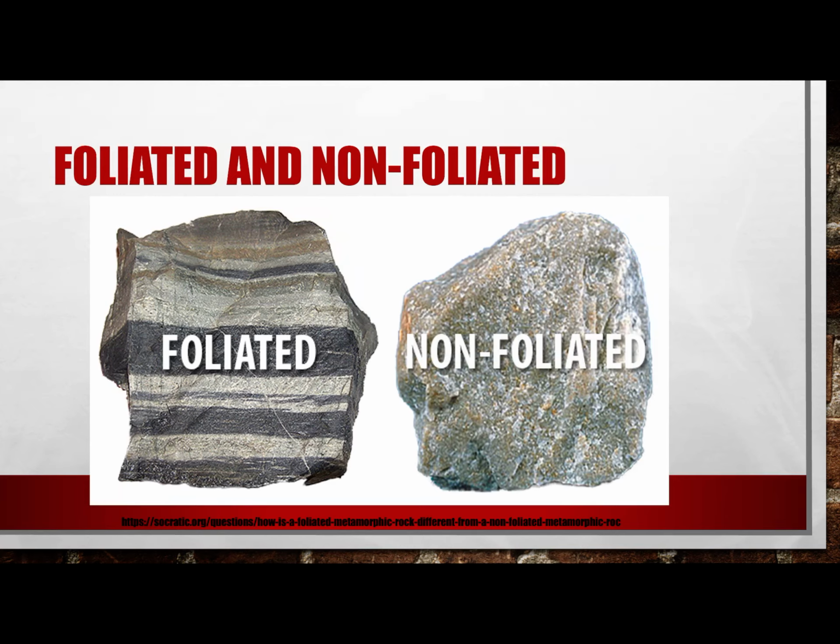If we look into foliated and unfoliated rocks, foliated are the ones with lines. The heat and pressure has realigned the minerals, the crystals, and ultimately results in different layers and bands that are formed here. Non-foliated, all the crystals are mixed. They're not set up in defined structures. They're a little bit mixed around everywhere.